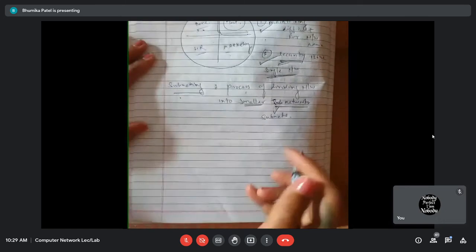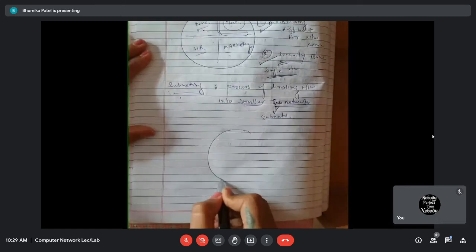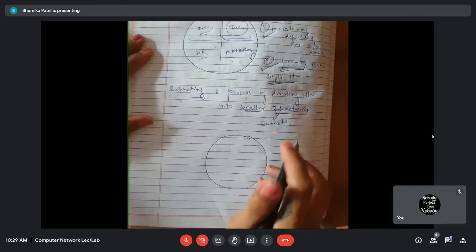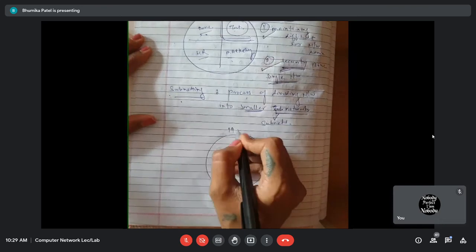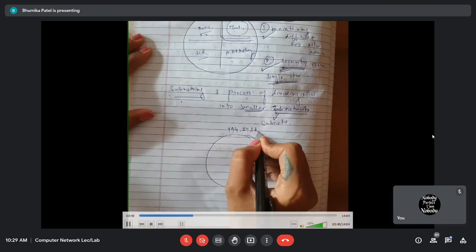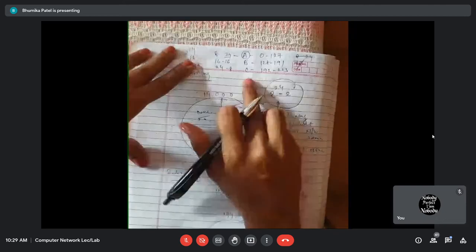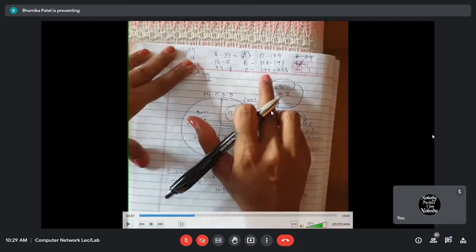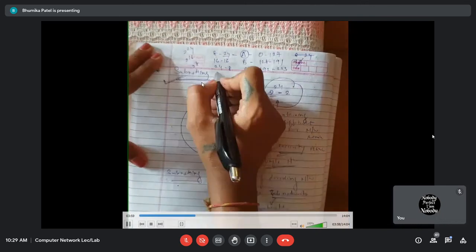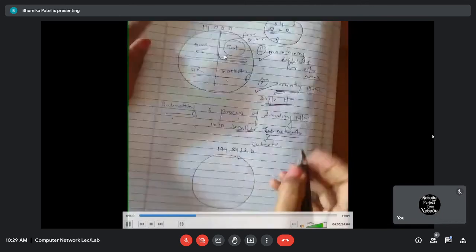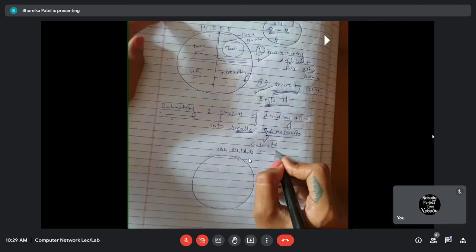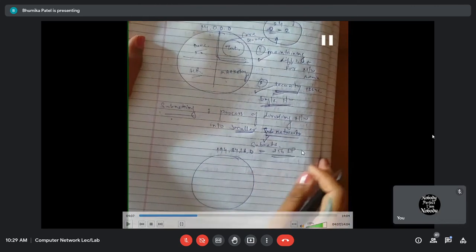Now, if we are going to divide the network into subnetworks, then there is also one disadvantage. But this disadvantage is okay as compared to these two issues. A disadvantage is acceptable, but we have to solve these two issues, right? So what is the disadvantage that we will see here? For example, I have purchased a class C network. So how many IP addresses will I get? The host ID has 8 bits, so 2 raised to 8 will be 256 IP addresses that I'm getting from the internet service provider.